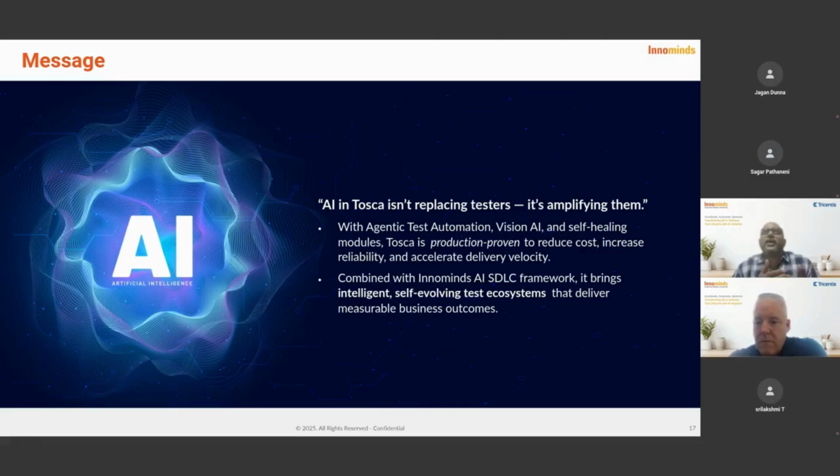So we have suggested Tosca by taking one end-to-end scenario and then really showcasing it, because one of the challenges they were facing was to identify the controls, wherein their controls have dynamic properties, and the properties were not static. So we have used this Vision AI feature and helped them to identify the controls which are sitting in Java applets. So yeah, we were able to do that.